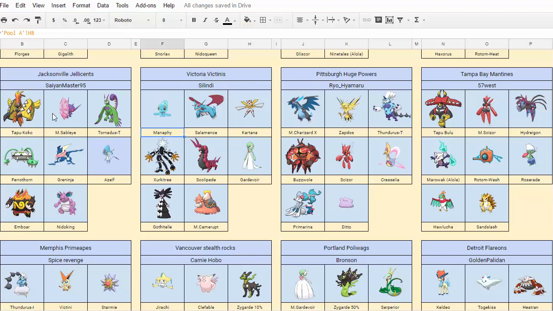So David's team, we've got Manaphy, Salamence, Kartana, Xurkitree, Scolipede, Gardevoir, Gothitelle, and Mega Camerupt. So nice Mega Camerupt meme at the end, but he does have a couple of Trick Room setters in Gardevoir and Gothitelle, and then he's got Speed Pass with Scolipede into threats like Xurkitree, Kartana, Mence potentially as well, and then Manaphy, a very solid Mon in the format, probably